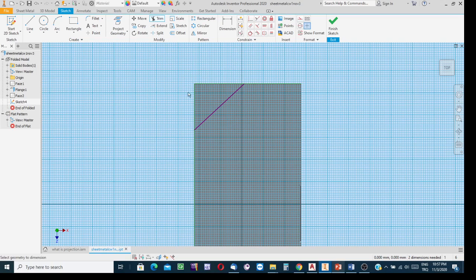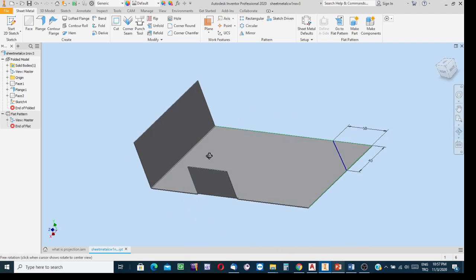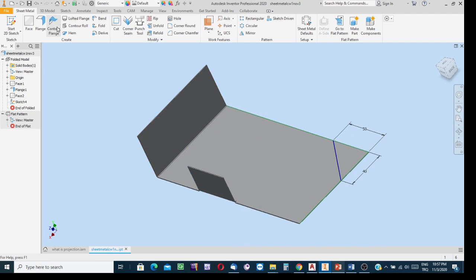boundaries. Dimensional constraint: from this projected line to this terminal point, say that distance in this example is 40. Location dimension: from here to there, say that it is 50. Finish the sketching stage, and then have a look at the apply folding process,